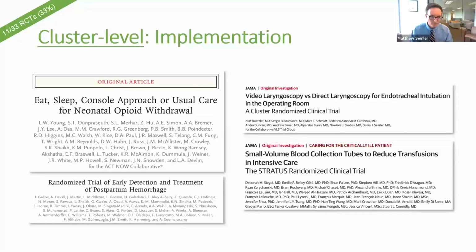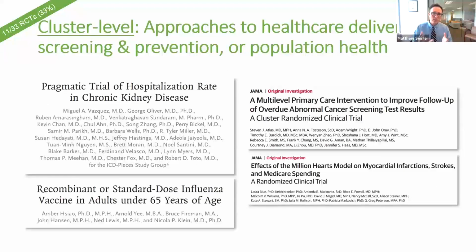Next slide. The final type of cluster level trial that was represented were those evaluating approaches to healthcare delivery, screening, or prevention, or population health. You can see some examples here. So this large pragmatic trial in which clinics that care for patients with chronic kidney disease were randomized to either this EHR bundle that was trying to implement best practices and personalized CKD care to prevent hospitalization or usual care,